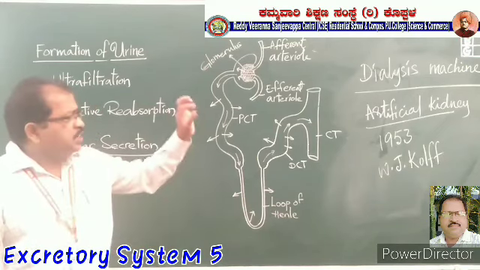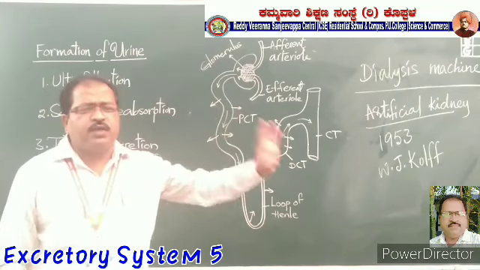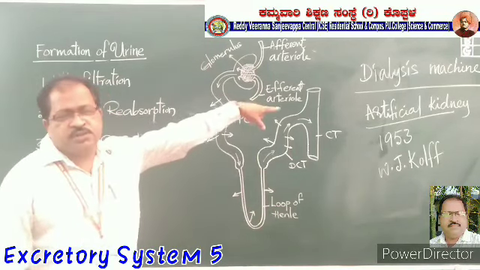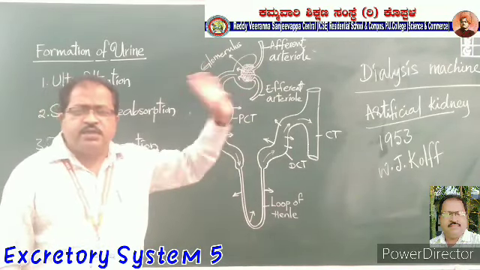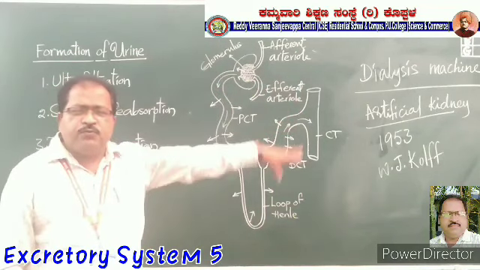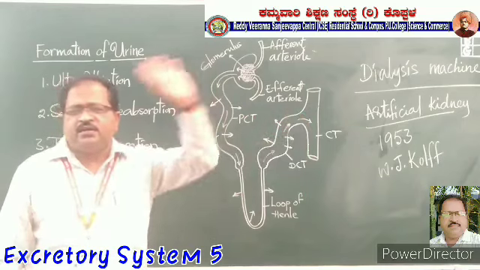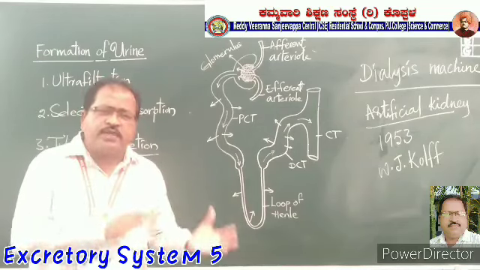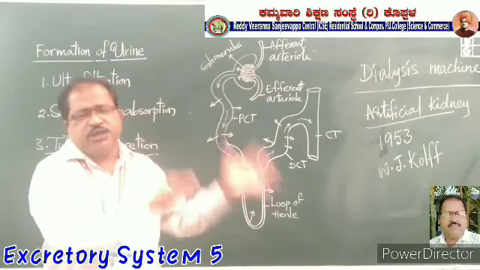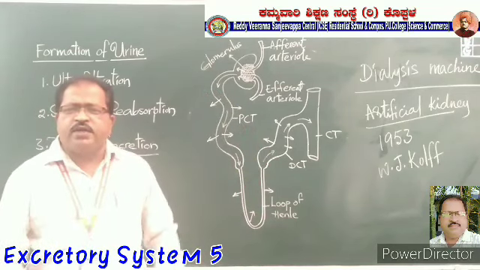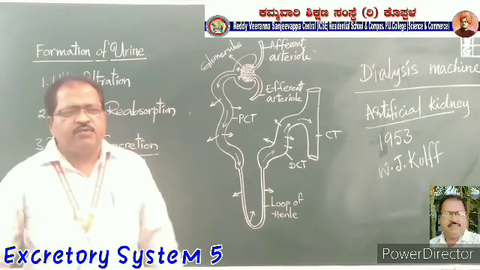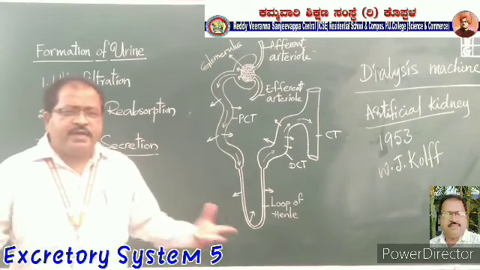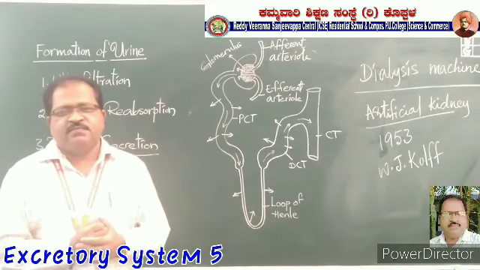This artificial kidney gives life to the people who have damage to both kidneys. If both kidneys are damaged completely, this dialysis machine can be used every week. In this, the total filtration of the blood takes place outside the body of the patient, in the machine, and he will be on the bed only. He cannot go for urination or anything else; everything will be on the bed. That is the dialysis machine. But nowadays, kidney transplantation has also been invented.